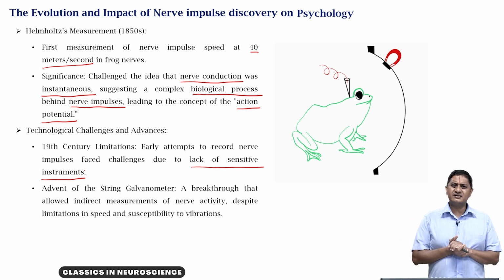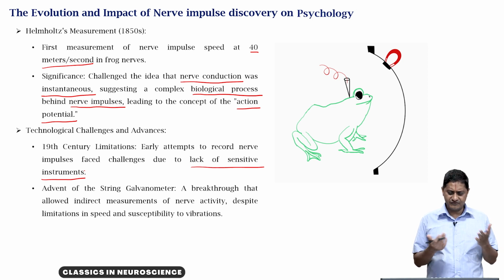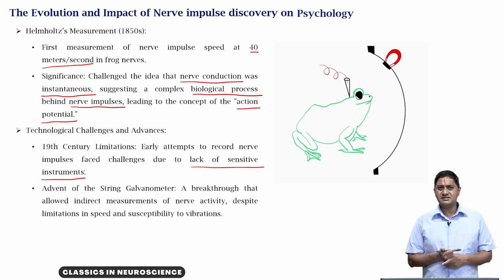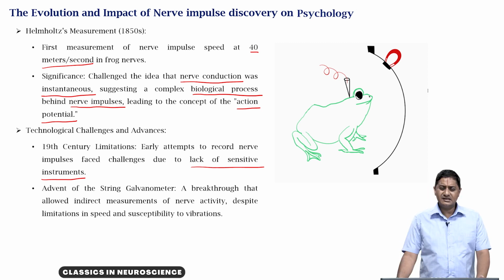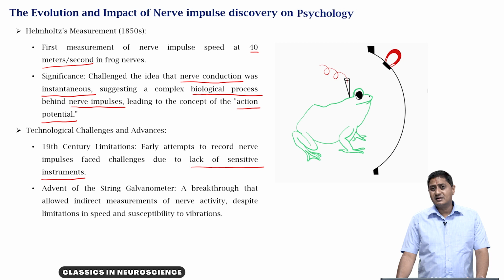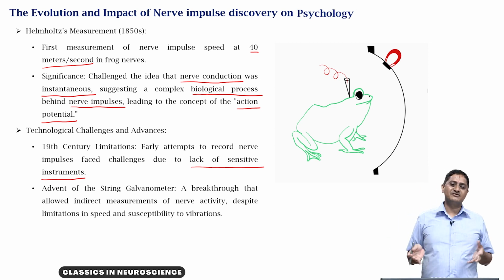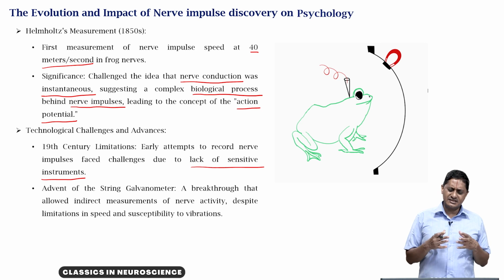Then the question: how does this description of nerve impulse affect our understanding of psychology? The description of nerve impulse and action potential affects our understanding of psychology, because the idea that you can do things as fast as you think is perhaps wrong, right? Because for you to execute something, it takes time, but for you to think about that thing, it takes much less time. The idea that the mind is different from the soul, or the mind is different from the body,